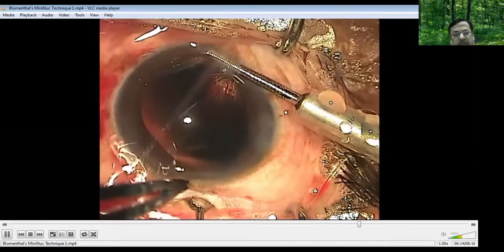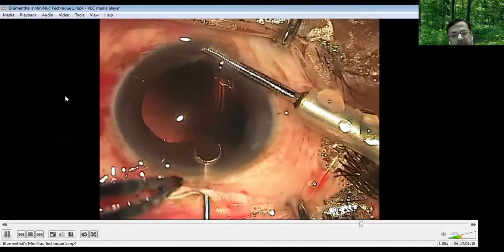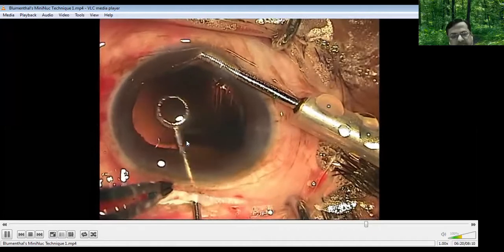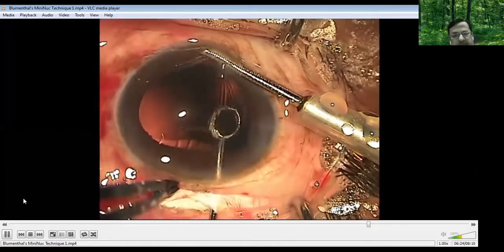Now, if you want to do the polishing of the posterior capsule, this is a ring type of polisher, which is for scrubbing the cells from the posterior capsule. But if you push this polisher, the incision is this big, almost 5 millimeters, so the fluid starts coming out and the anterior chamber becomes shallow. So with a forceps in my left hand, I'm pressing the anterior wall of the scleral tunnel, so that practically the tunnel becomes very small, just to introduce this capsule polisher, and then the chamber doesn't collapse; it stays quite well maintained. And with the forceps here, you can do the capsular polishing. Otherwise, the polishing becomes difficult through the main port.